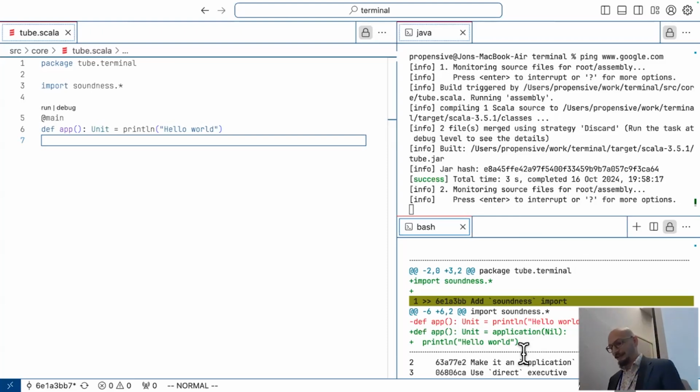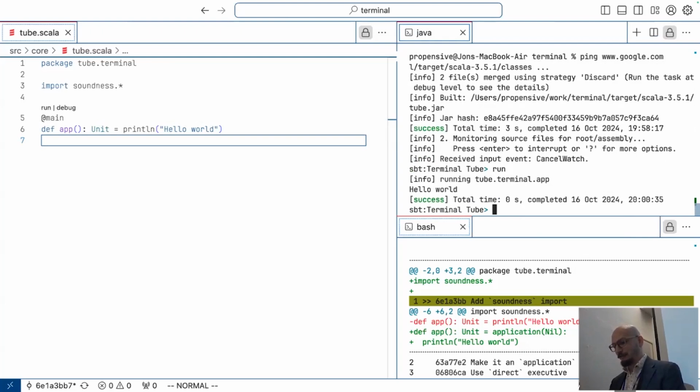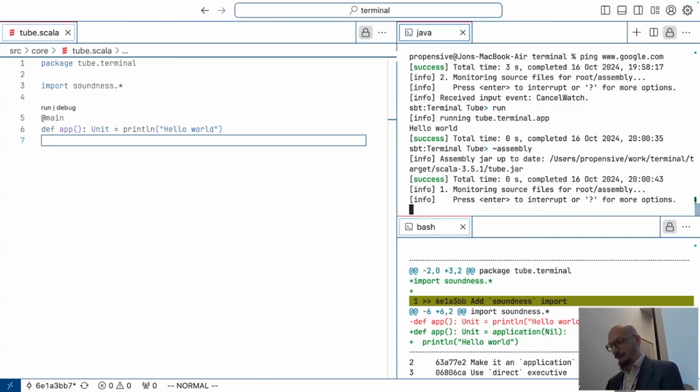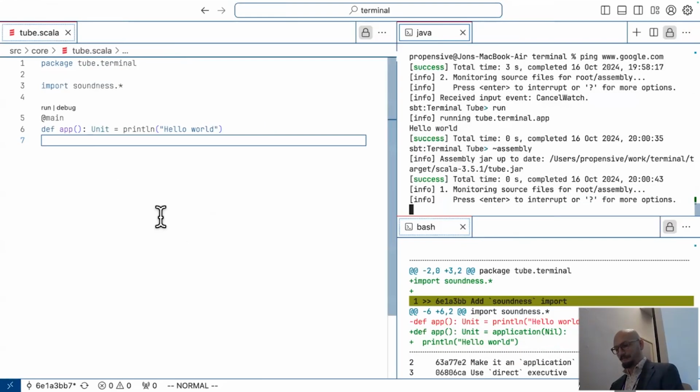What I'm going to do is start by proving this is a working application. I'm going to briefly leave SBT's continuous compilation and type run, and here you can see that hello world is output. This is what we would hope for. So let's jump back there. Yeah, hello world is what you get if you start from commit 0. Now, from commit 9, if I jump forward,